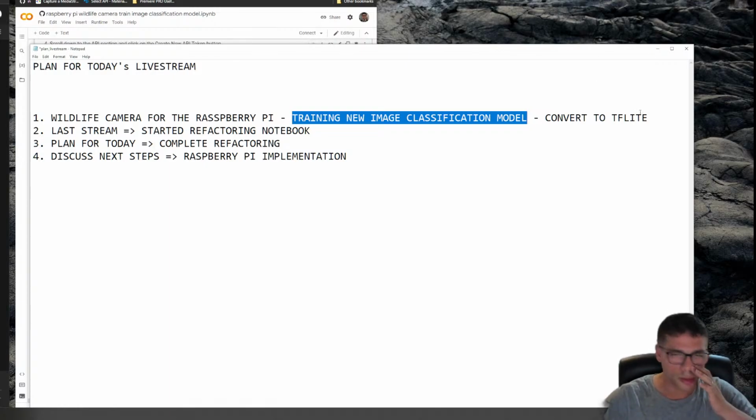So I've spent quite a lot of time gathering a new data set and also experimenting with different combinations of images. I gathered a data set from the internet and from other data sets on Kaggle, and I've also gathered my own images. Okay, so